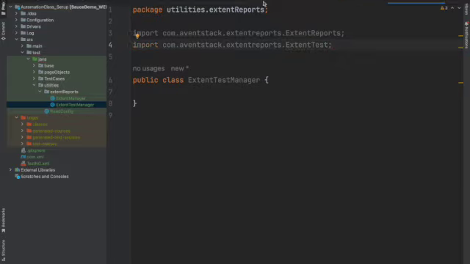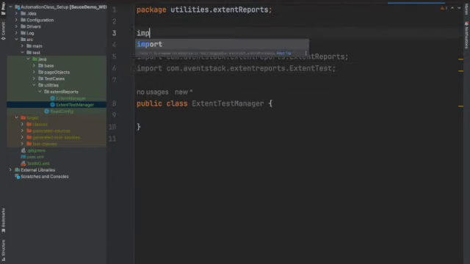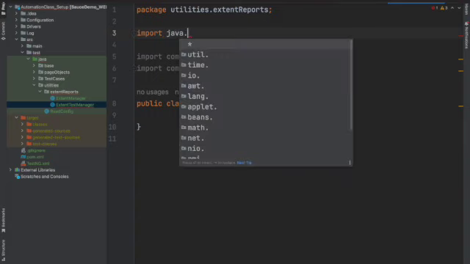Then also there's still something we are supposed to import too. Import java dot util